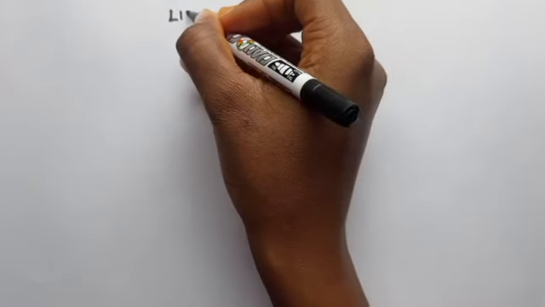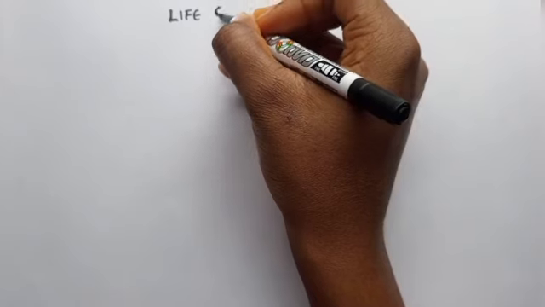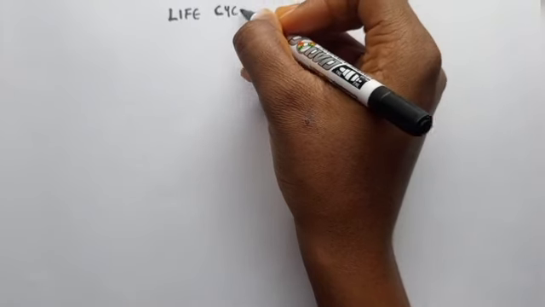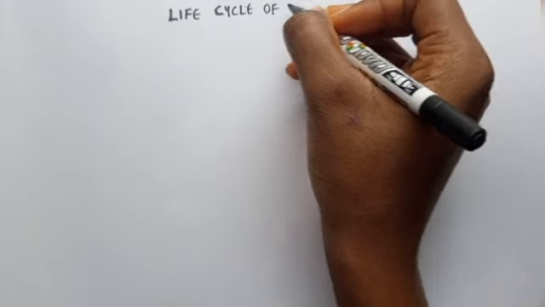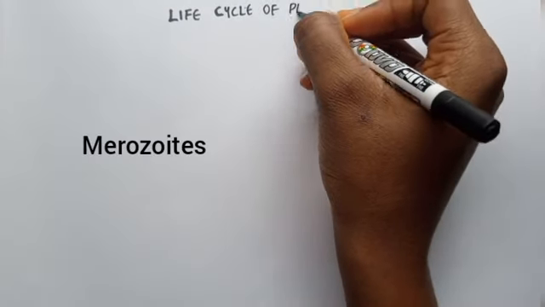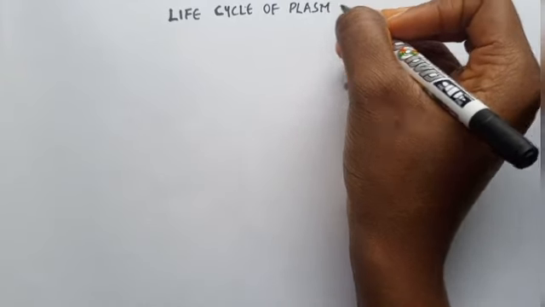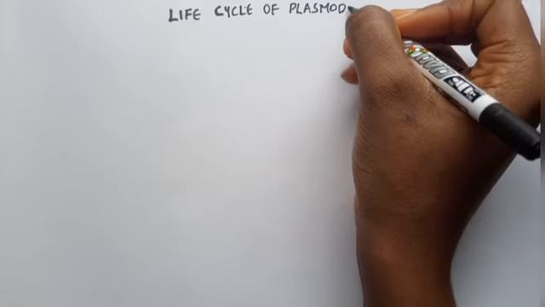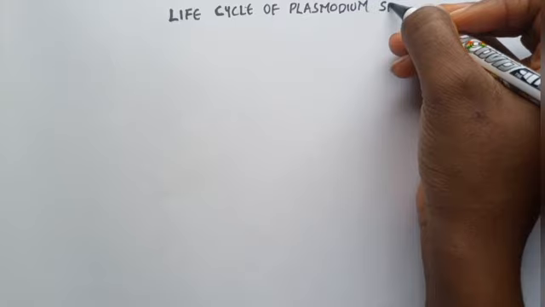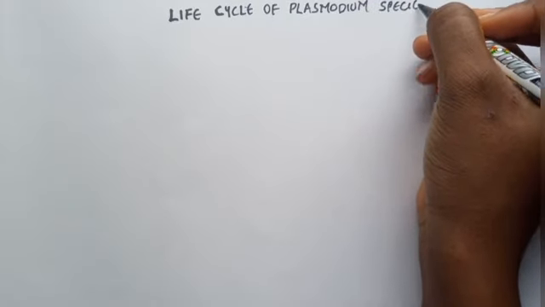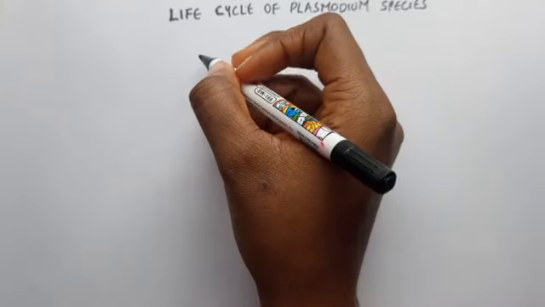Okay, so let's go over to the life cycle of Plasmodium species. In the course of reading, you may have seen things like sporozoites, schizonts, merozoites, trophozoites, ring stage. I'm going to explain the meaning of all that here. And then I'm going to highlight some key points in each of the different species. But if you really want to go into details, I could do that in a separate video.